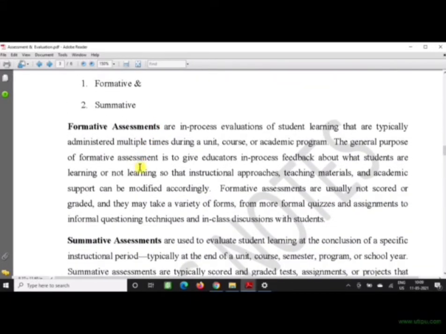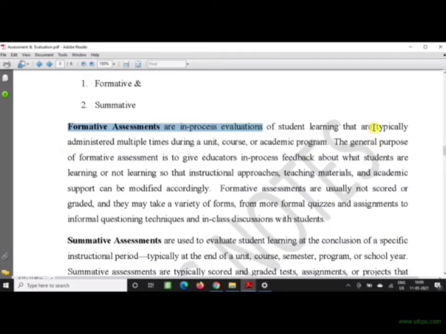All right, so next let's move on to the two types of assessment. Number one is formative, and number two is summative assessment. Formative assessment is in-process evaluation. That means this kind of evaluation goes on in a classroom situation. It doesn't start in the beginning or at the end of the session, but happens in between the session, and it goes on in different forms.